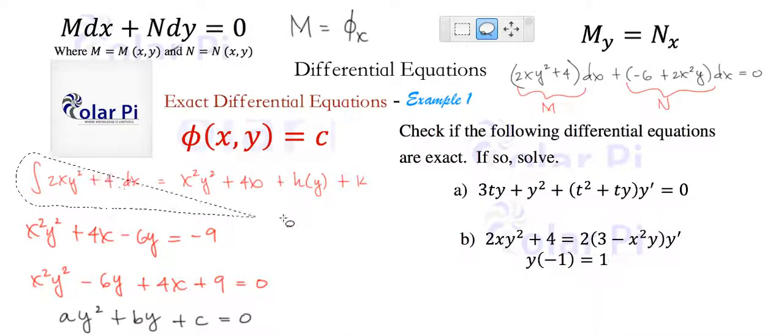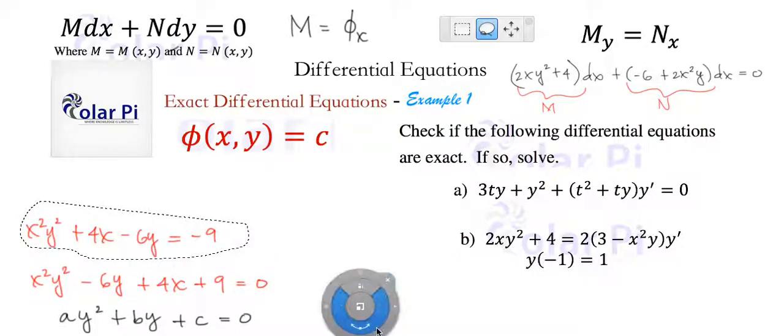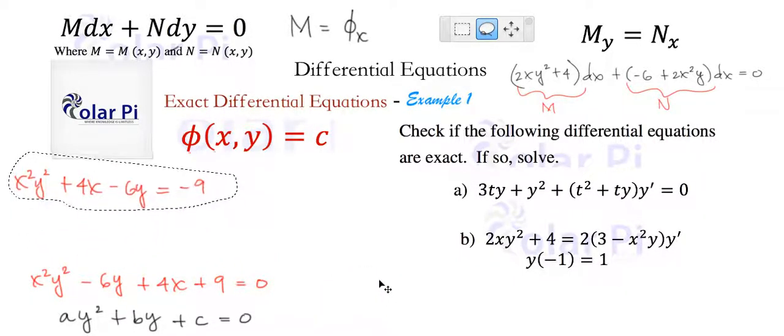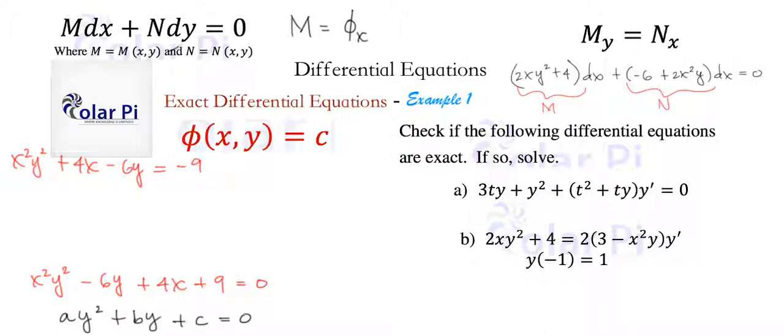We don't need this anymore, but we do need this space. We could probably do away with this too. Well, no, actually, let's keep that because that's our implicit solution, right? That's our solution in implicit form. Okay, so using the quadratic formula, we see that y, which is a function of x, is y of x is equal to